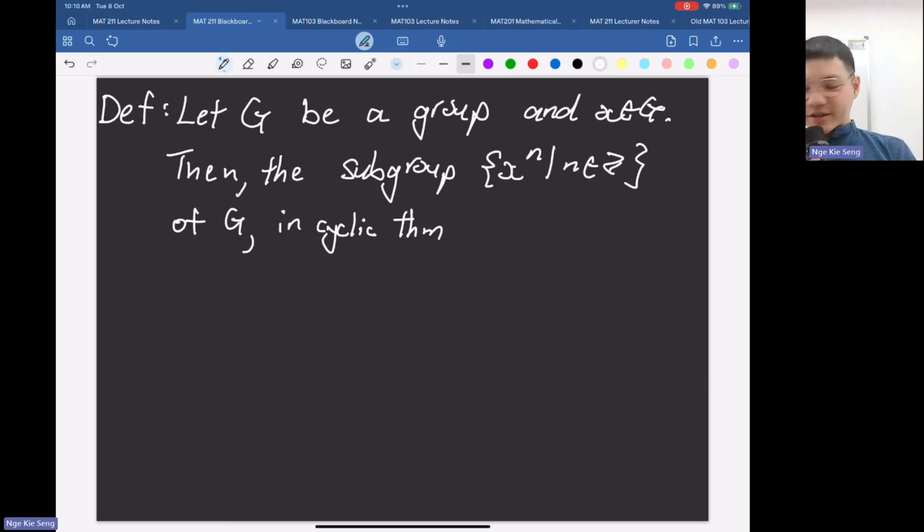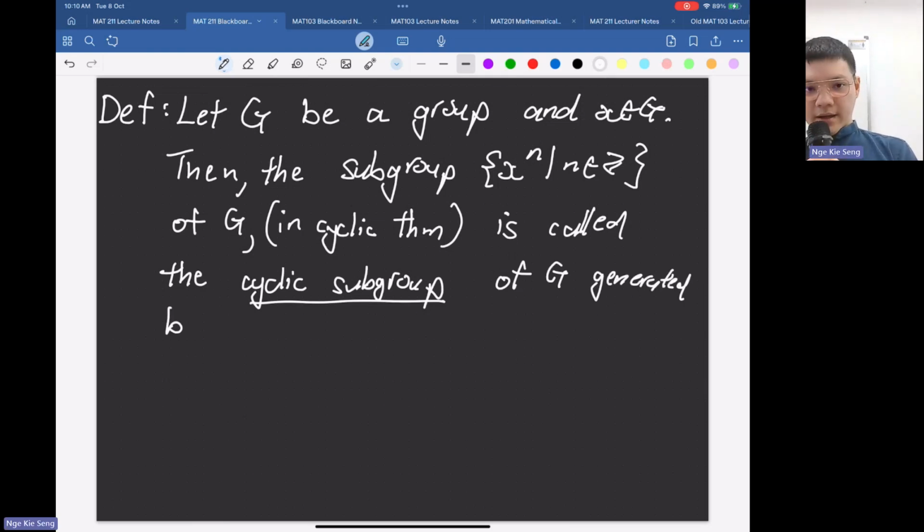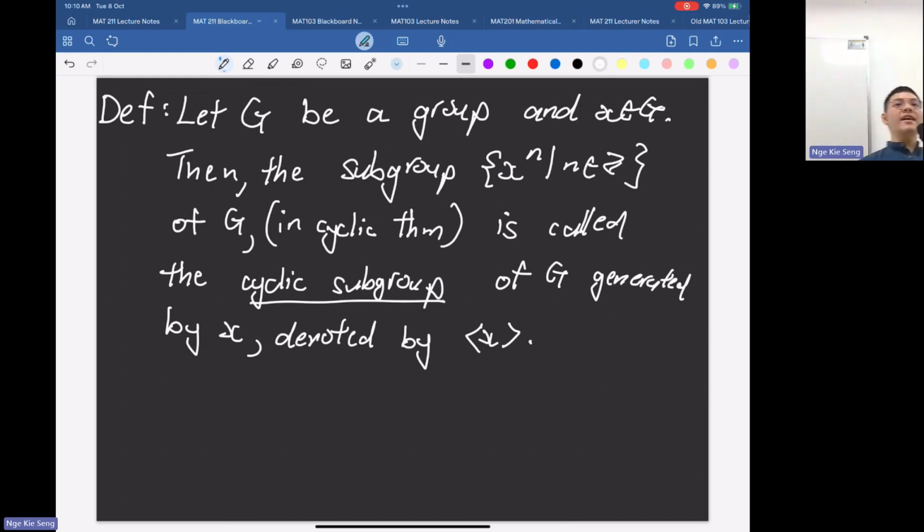So what is this called? This is called the cyclic subgroup of G generated by X. Okay, so how do we denote it? We just put the angle bracket of X. Maybe you still cannot see the cycle. How about if I reduce